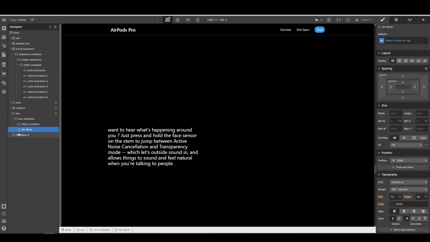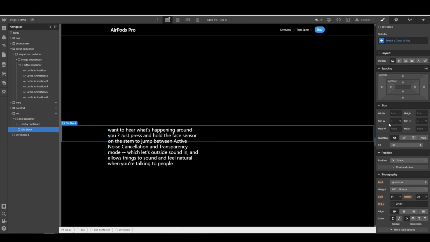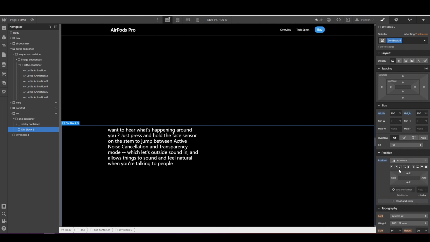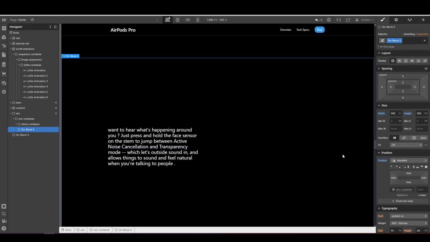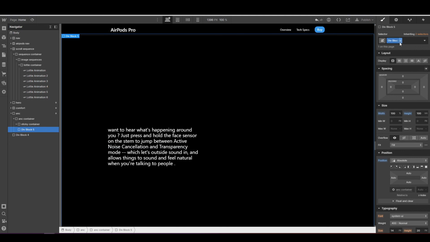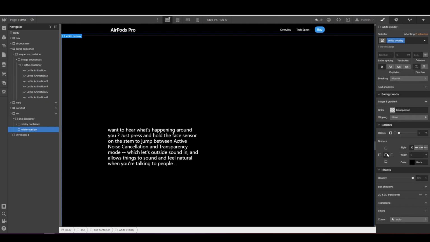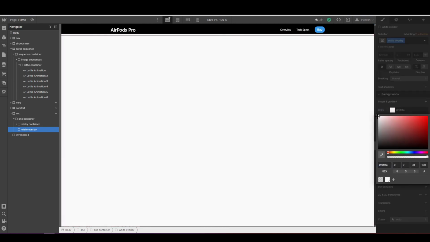We put another div and we give it a width of 100% and also 100 viewport height, and we give it position absolute, and now it's here. Okay, and we give the name white overlay, and the background color we give it to white,